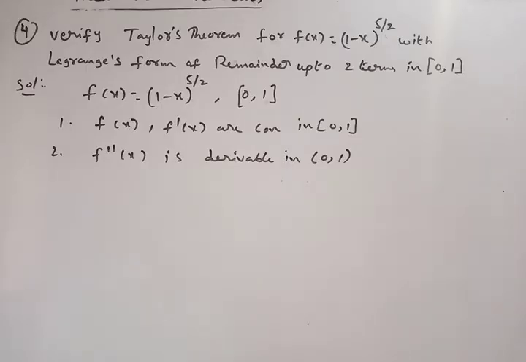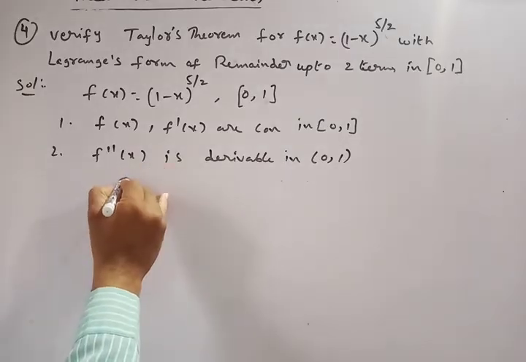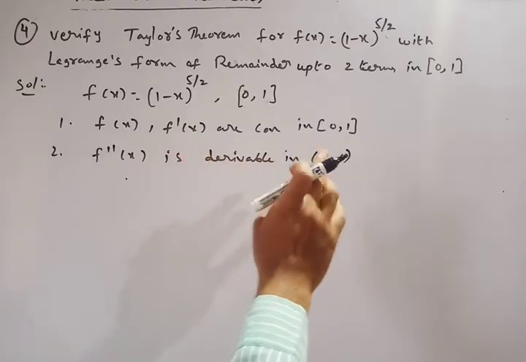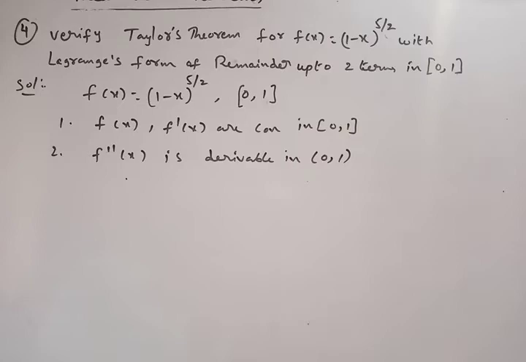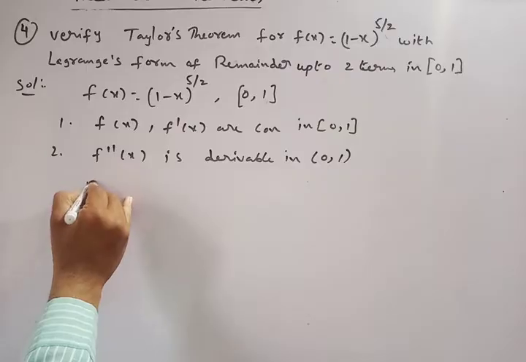Then what we have to prove? We need to find the value of c that belongs to 0 comma 1, correct. So then the conditions of Taylor's theorem exist. So what we are doing here, he is asking up to 2 terms, no. So by Taylor's theorem,